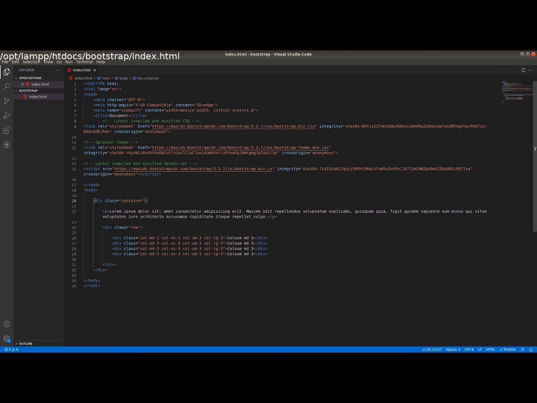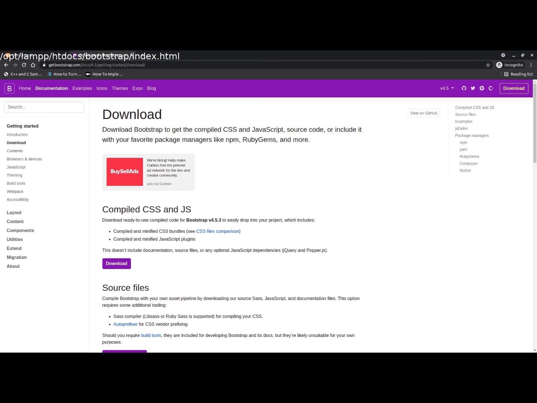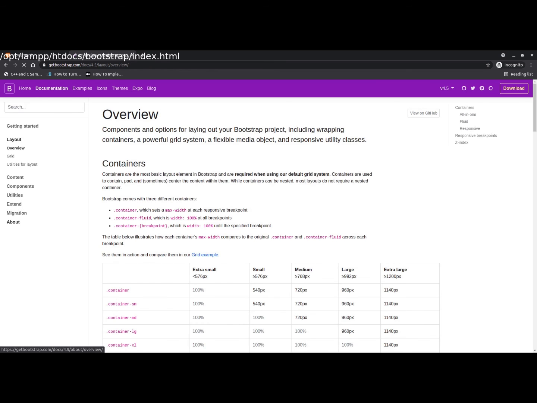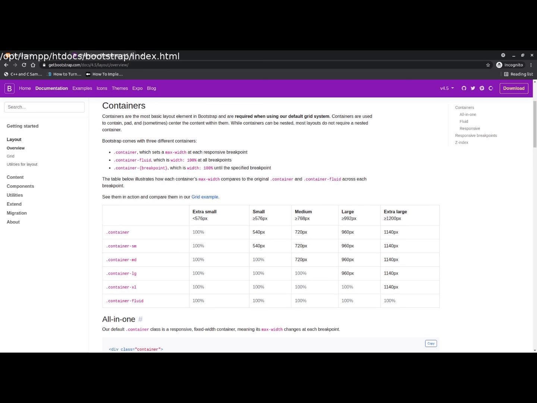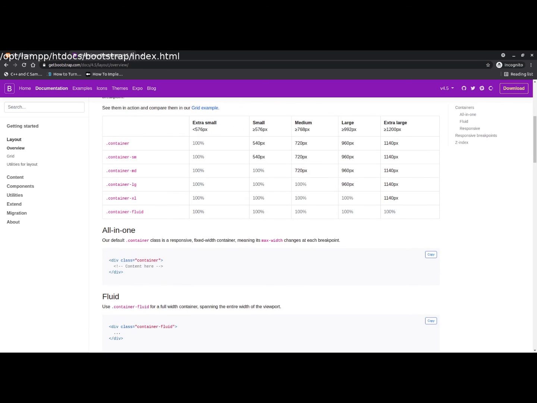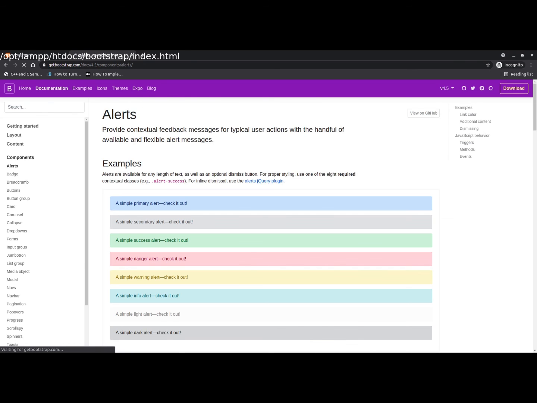You can go to the Bootstrap website, getbootstrap.com, where you can see the minimum device and layout also. There are layouts like container md, container xl, and container fluid, which is 100% width, extra large, all-in-one containers. And there are some types of components you can use.